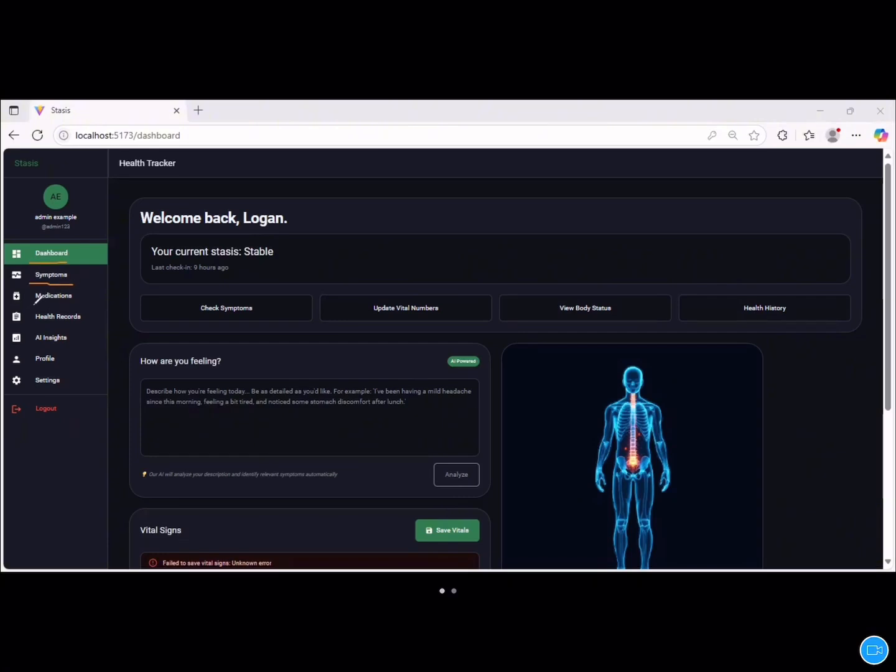You can see the vital signs, and AI insights is what we're currently working on. But this so far is Stasis version 1. I'm extremely proud to have created this and to see where this is going to go from here, and to steer ahead into the